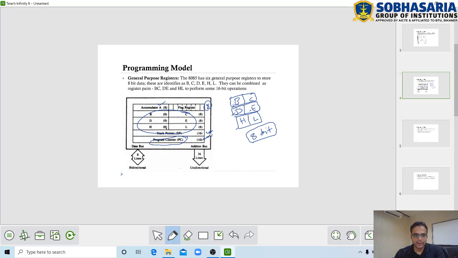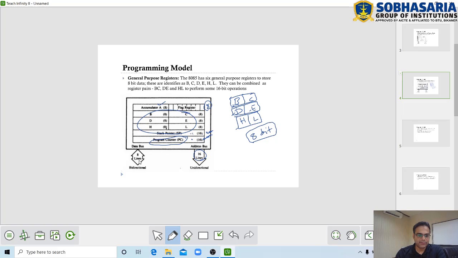We will talk about the flag register later on. Now we will concentrate on these two registers, program counter and stack pointer. As you can see, these are 16-bit registers. We know that microprocessor 8085 has 16 address lines. This is the reason why these two registers are 16-bit, because they store a 16-bit address.